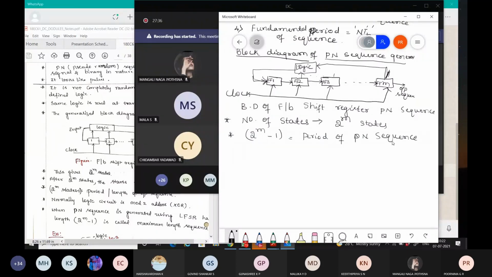For example, to understand m states, let us consider m equal to 2. So whenever m is equal to 2, it means two flip-flops will be used. So what are the various values these two flip-flops